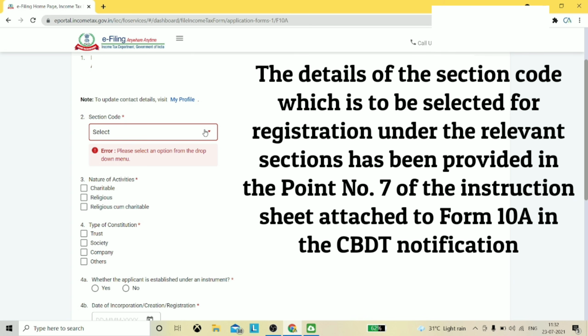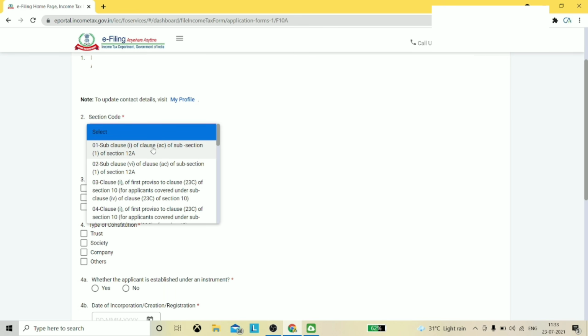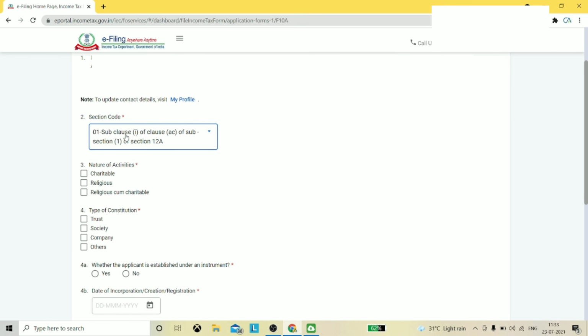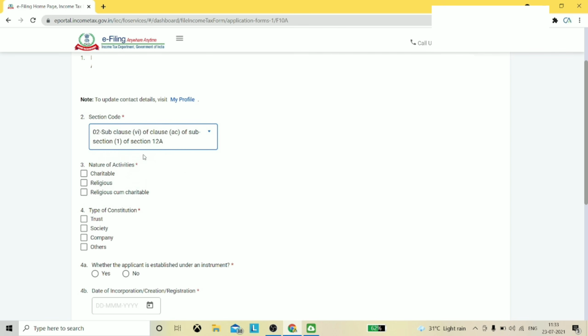Taking two examples for the section code, for 12A or 12AA renewal, select 1, that is subclause 1 of clause AC of subsection 1 of section 12A. For fresh registration, select 2, that is subclause 6 of clause AC of subsection 1 to section 12A.